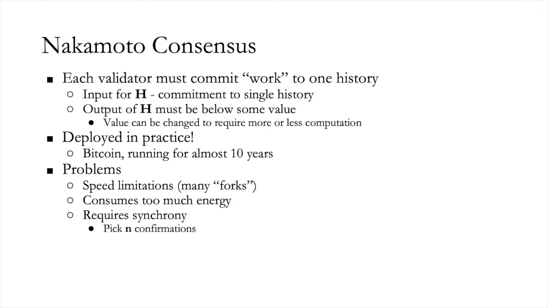One problem is that Nakamoto consensus has some built-in speed limitations. Because of the fork choice rule used, the longest chain, or the chain with the most cumulative work, will be chosen by all the nodes in the network. If nodes in the network can't communicate fast enough, you'll end up with many forks. So if different miners very quickly find new blocks, but they're in different parts of the world, then new miners in their part of the world will start building on their blocks before maybe the other miners see their blocks. Then you end up with a many-headed hydra of forks.